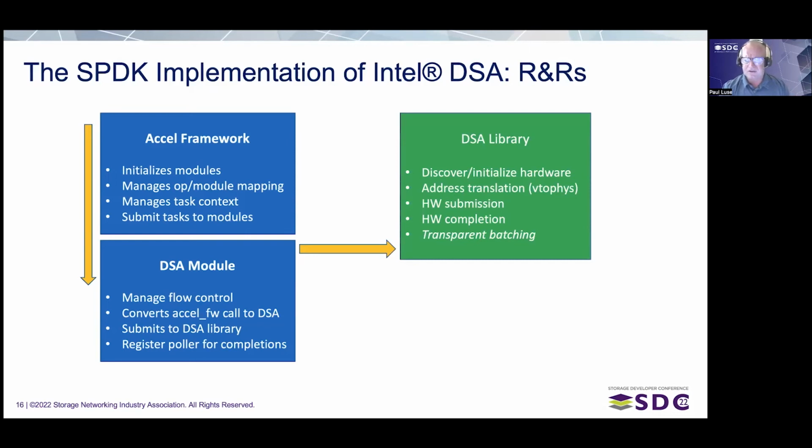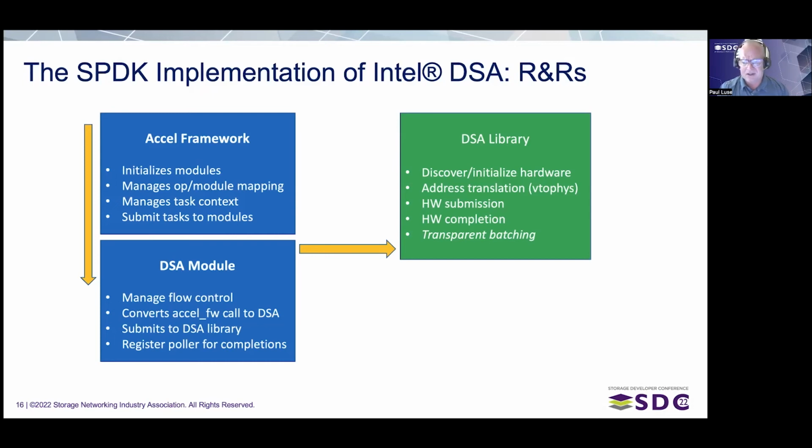Okay, and then finally, we've got the low-level library itself. It discovers and initializes the hardware. There's some assistance there from DPDK when it comes to PCI stuff, but that's the DSA low-level library's responsibility. It handles address translation, so we don't have to worry about that in the Excel framework, right? Depending on what the requirements are of the underlying hardware, that may be different, so we do that in the DSA library. And then, of course, it actually does the submission to the hardware, and it reaps completions from the